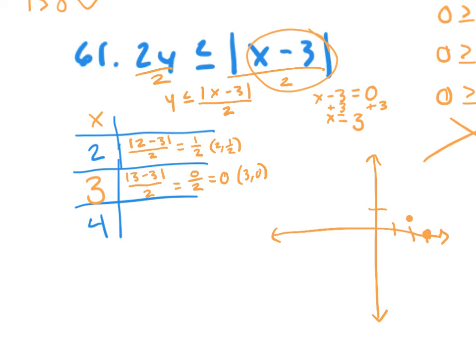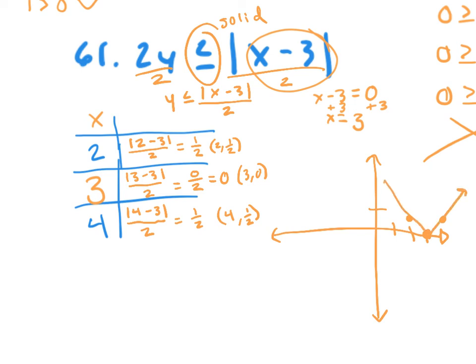Next, we're going to plug in 4. So we have the absolute value of 4 minus 3. What's 4 minus 3? 1. So 1 over 2. So what's our point here? 4, 1/2. So we go to the right 4 and up 1/2. Do we have a solid line or dotted line here? Solid. So we draw our solid V